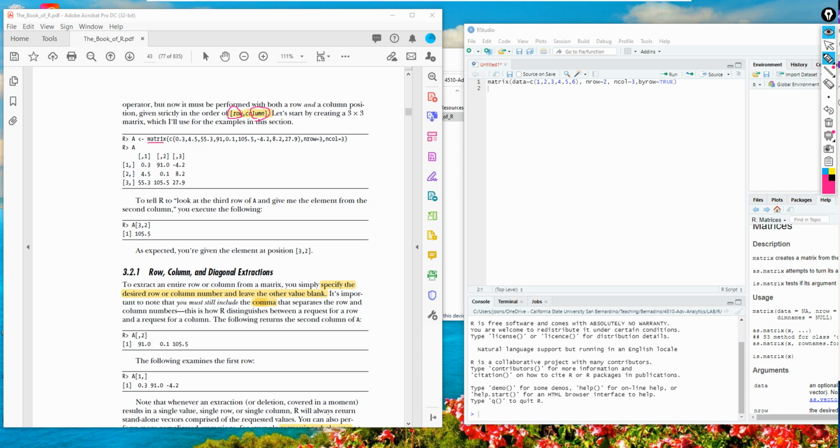We already learned the matrix function, and for the data you provide a vector. The dimension of this matrix is 3 by 3.